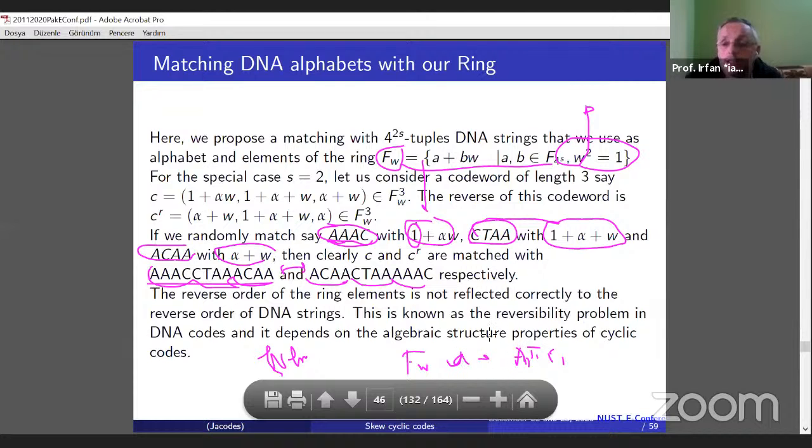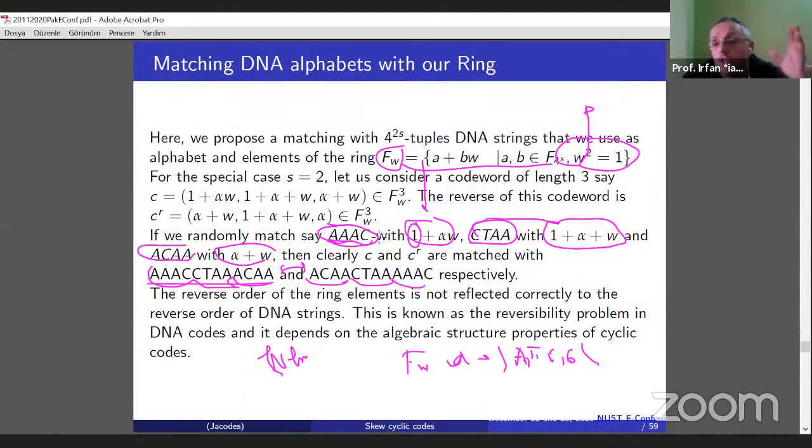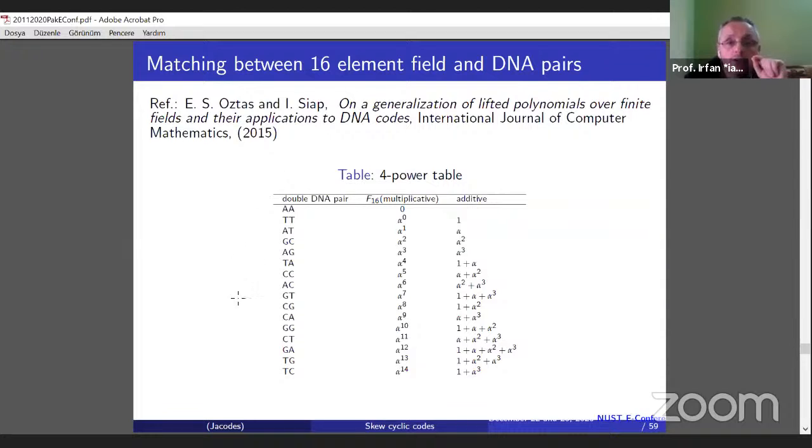So we are not going to succeed if we go ahead blindly and just match them, because the reverse of the ring elements will be different from the reverse of the alphabet. So there is a reversibility problem here. It's a matching problem. In order to succeed in this, in 2015, my PhD student and I came